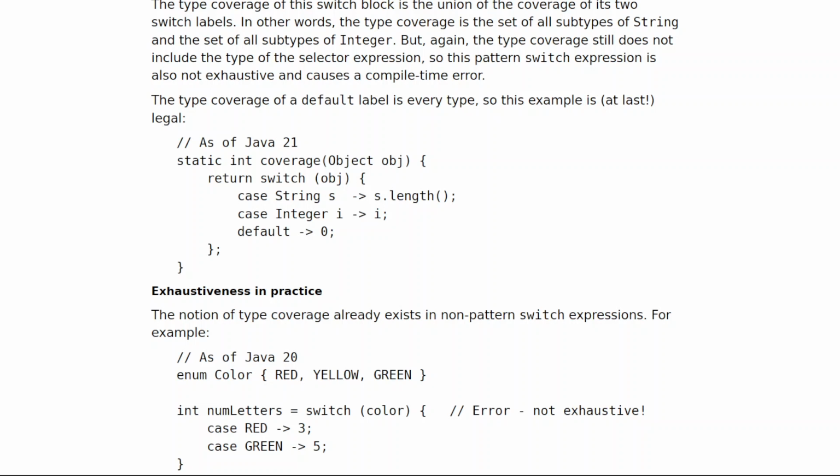As of Java 21: static int coverage(Object obj) { return switch (obj) { case String s -> s.length(); case Integer i -> i; default -> 0; }